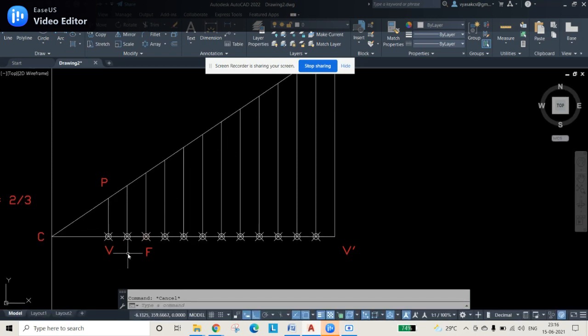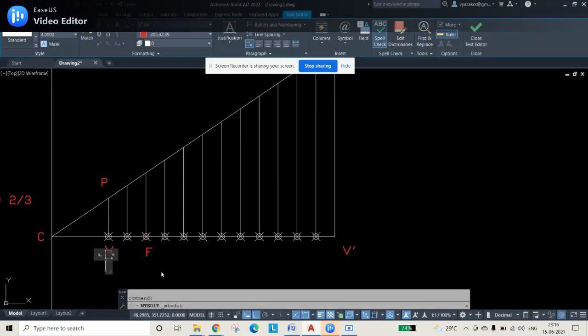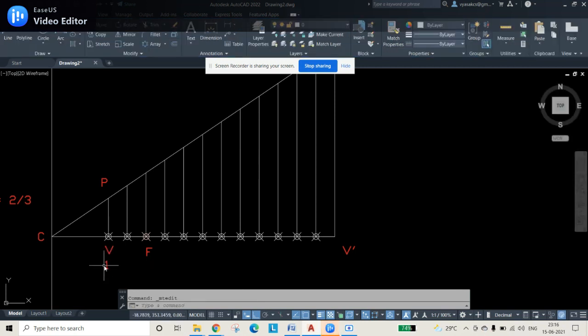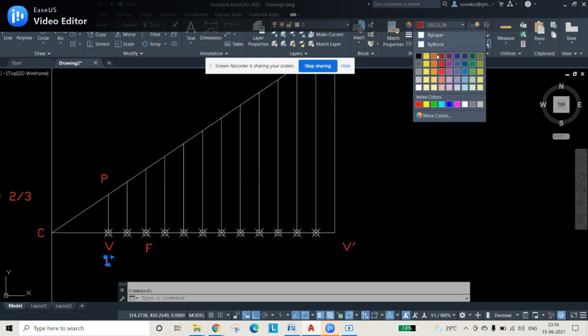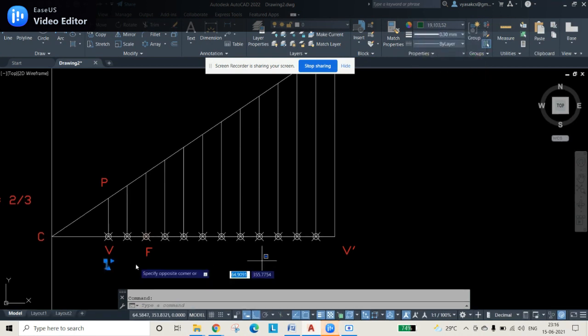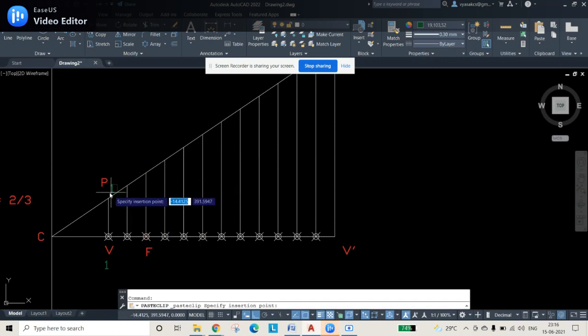So let me write for some 2 to 3 lines. After that, you people try to name them so that you don't get confused. So this is 1. I'll change the color so that we don't get any confusion. Some green color. So since this is 1, this becomes 1 dash.